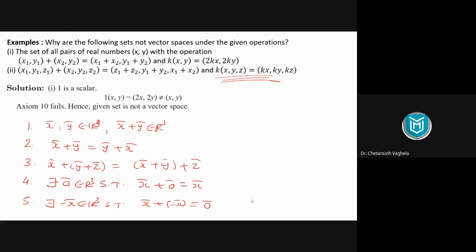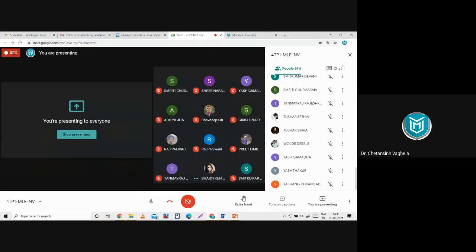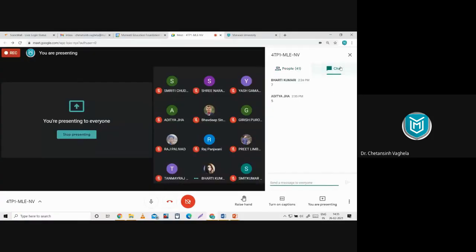To everyone who can hear me, let's all put one option in the chat box. Whatever you feel about conditions number 1 to 5, put one condition in the chat box, the one you think will not be satisfied. Give me your reply in the chat box. If you have an issue with speaking, do it in the chat box. It's compulsory for all if you want attendance.